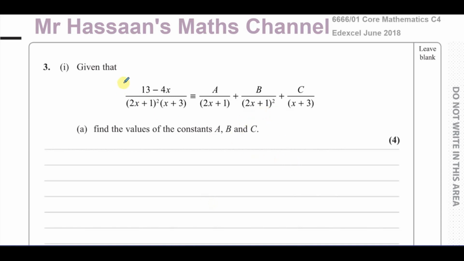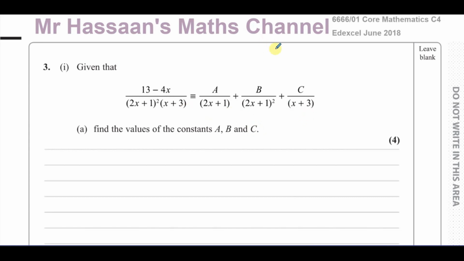So first of all, we have this fraction. We want to split it up into separate parts. They've given us the form in which we need to do so, so that's not a big deal. It's quite easy for us to deal with this. Sometimes they don't give you the form. They'll just say express this as partial fractions, so you have to know how to do that. I have other videos which explain in some detail how to do that, but just as a